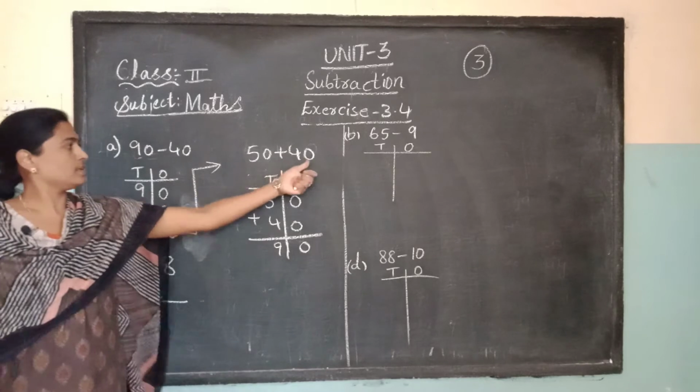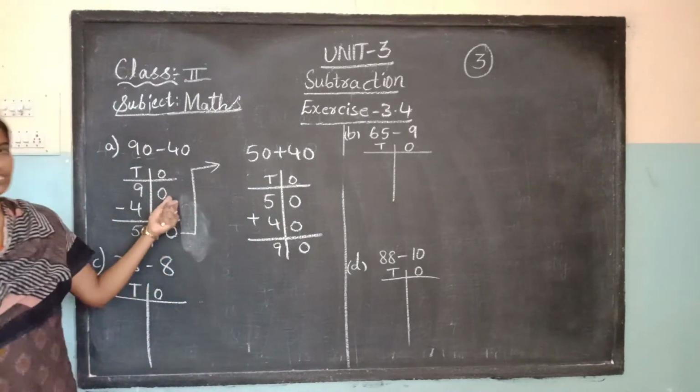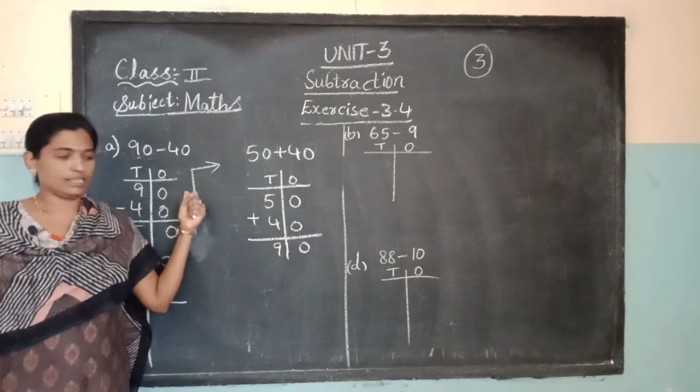If two numbers we have done place, what did you get? Answer 90. Yes, whatever you have done, it is the correct answer. Next one,